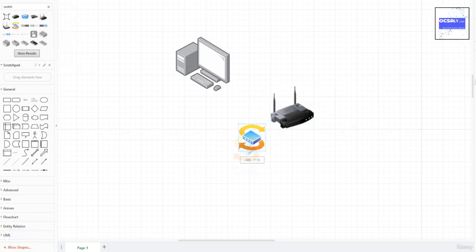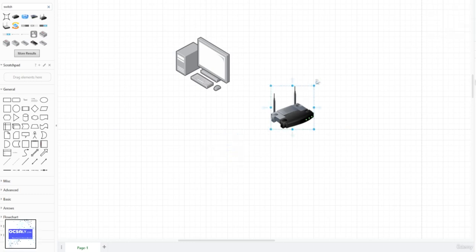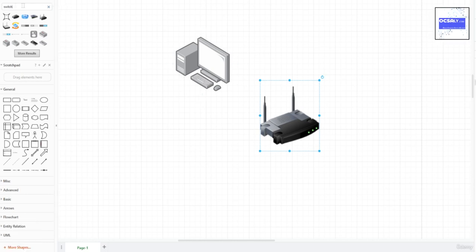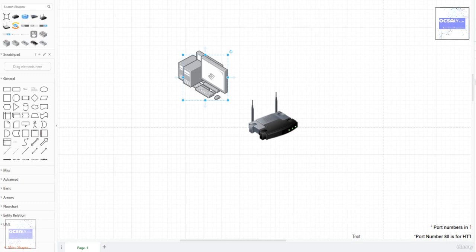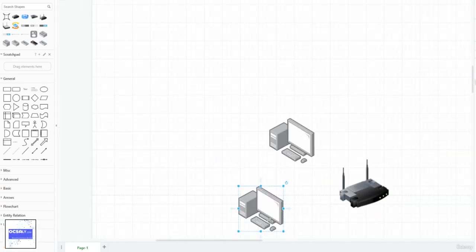Okay, let's put it here. Rather, consider this as a switch, and let's add here another computer. Actually, let's copy it. Okay, here,